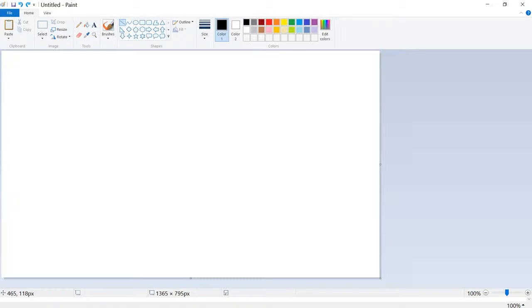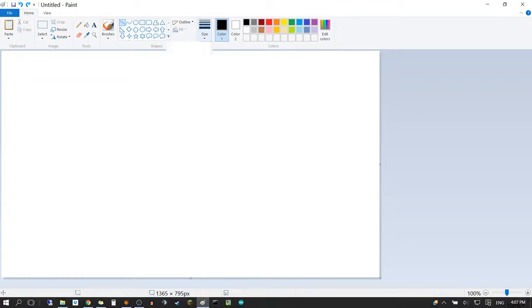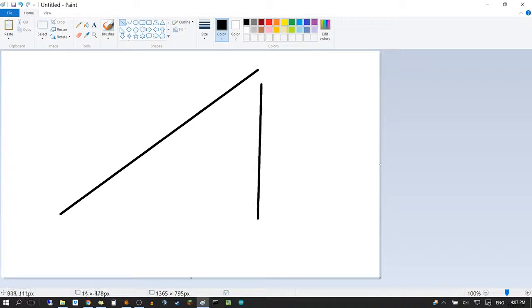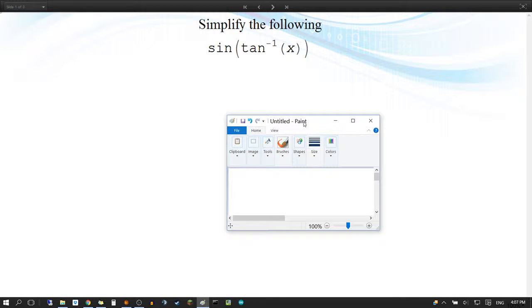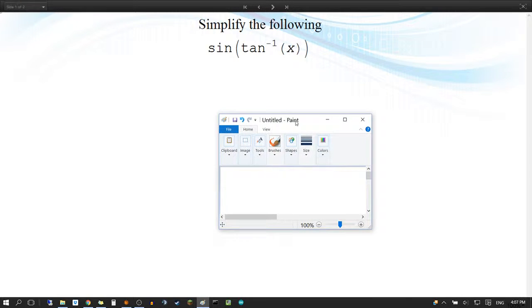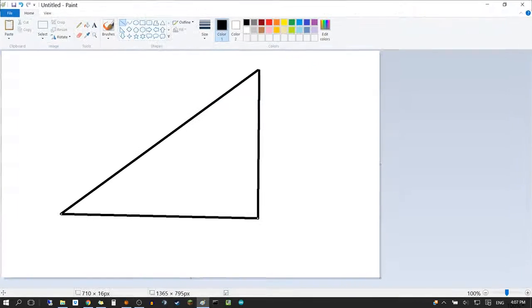So we draw a triangle. We need to have very thick lines because it's kind of hard to see on YouTube when we don't have nice big lines. Here is our right triangle. So now we go back to the statement of the problem. It says we know that tangent of our angle is x. That's what it means by arctangent of x. It means that for our angle here,